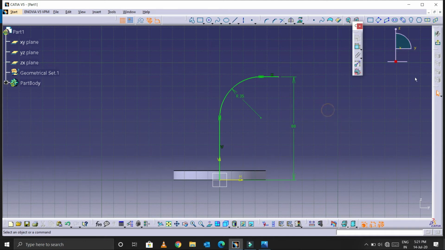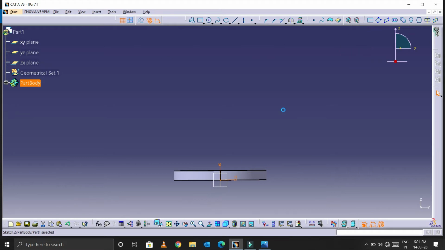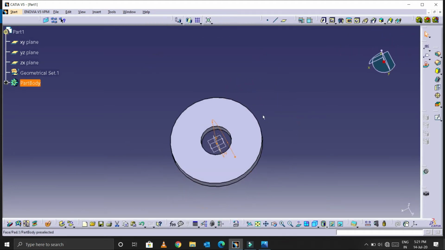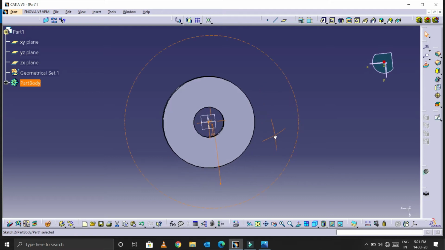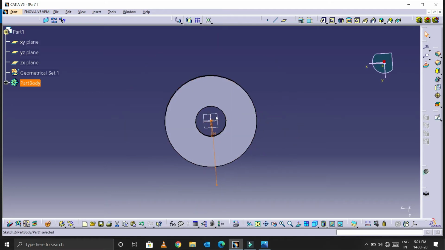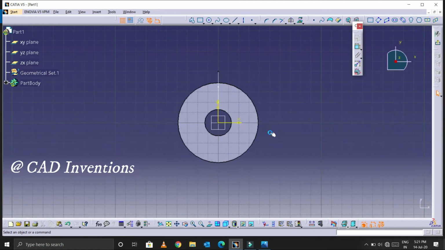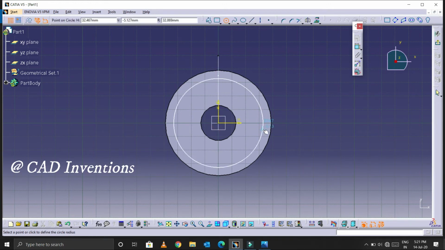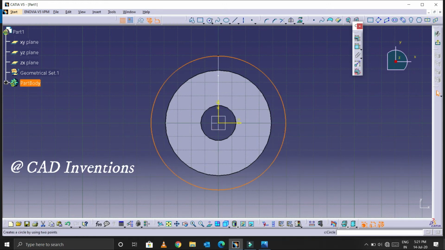For that, go exit and select one plane, so that the profile will be perpendicular to this line. So we need to keep the design like this. Now select that plane. The sketch will become exactly like this. And here you can select whatever profile you want. So I want a circular pipe, so I can select a circle. And I need to select one more circle.